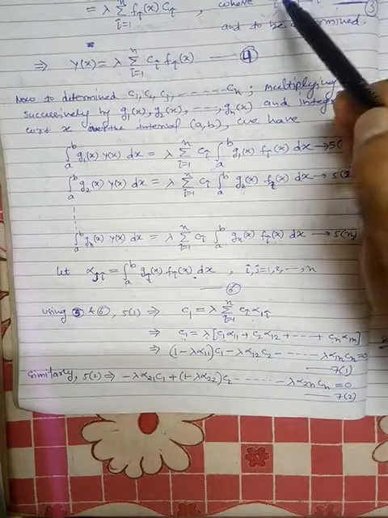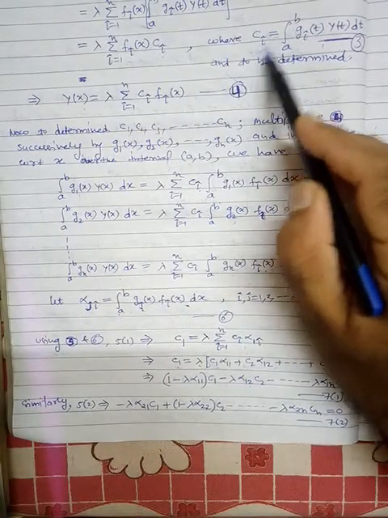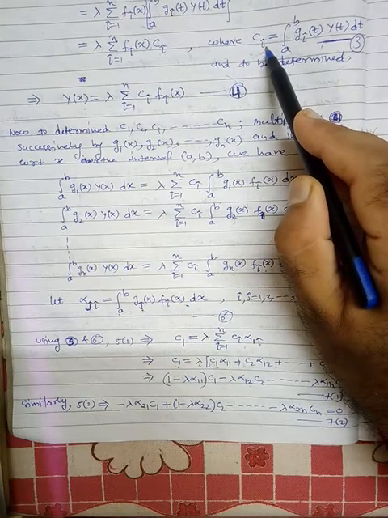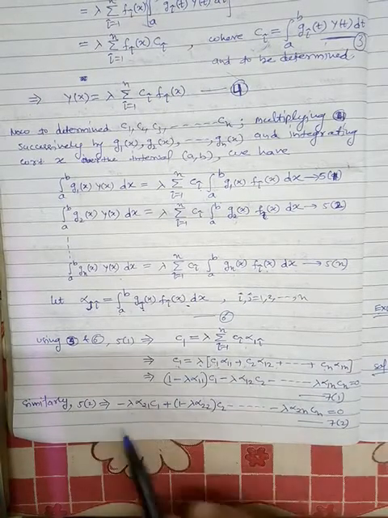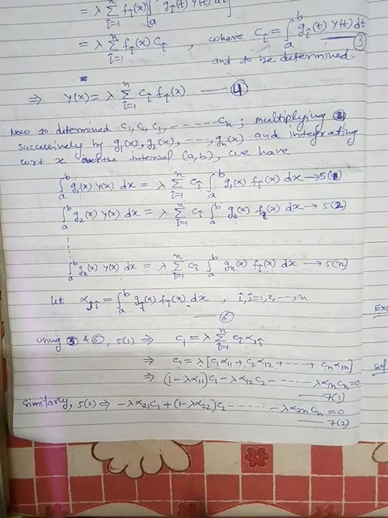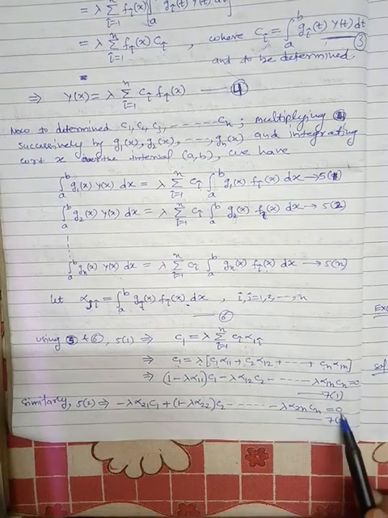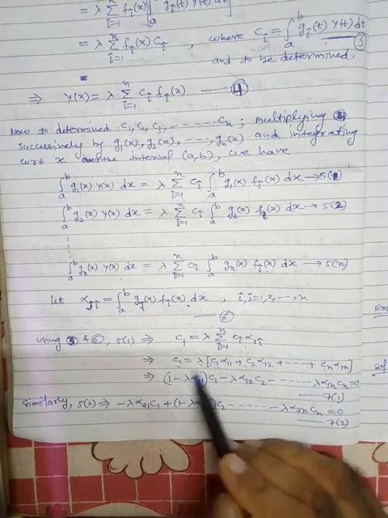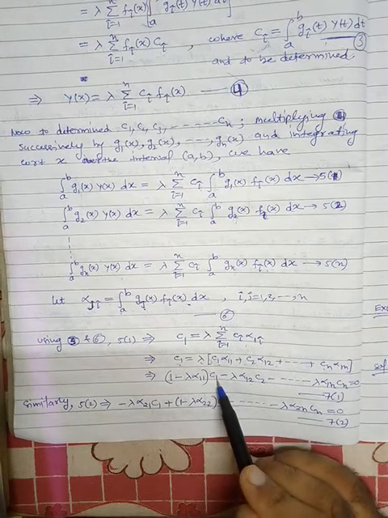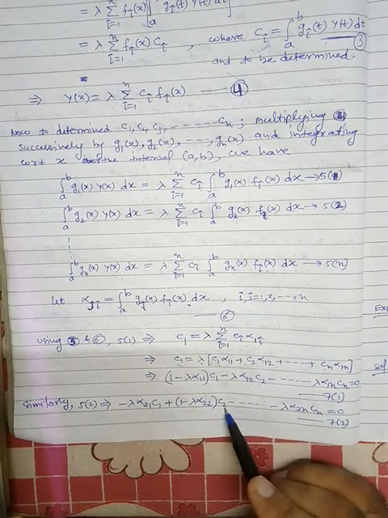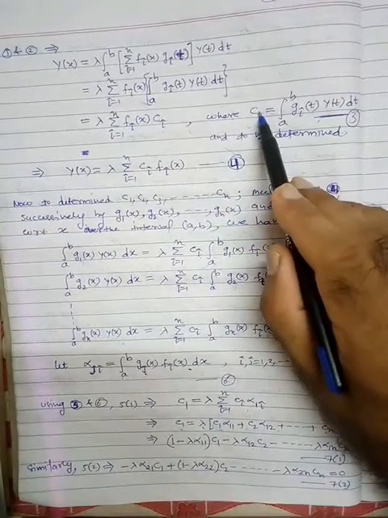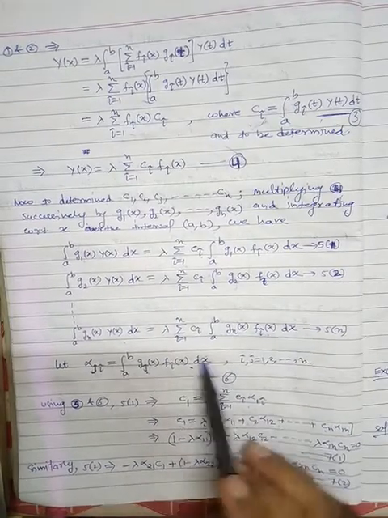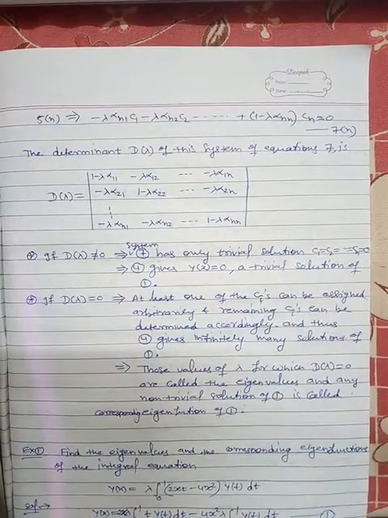Similarly, when we are finding c2, put i equal to 2 here, then we will utilize equation 5 2 and this one. So ultimately what will we get? We will get this equation. Doing the same procedure, we will get this equation. Here we are getting this type of constant corresponding to C1, here we will get this type of constant with respect to C2 and so on. Similarly, put i equal to n here, then we will use the nth equation and this. So we will get this equation 7n.